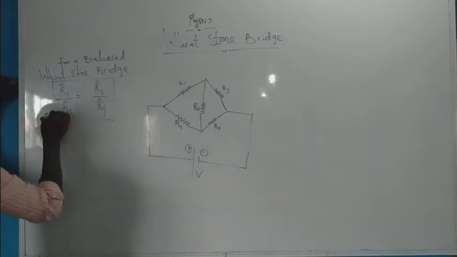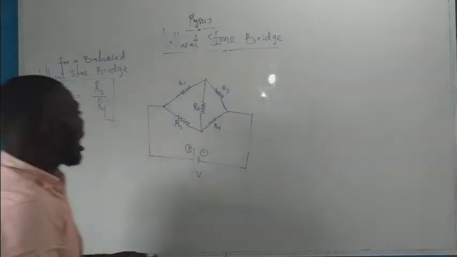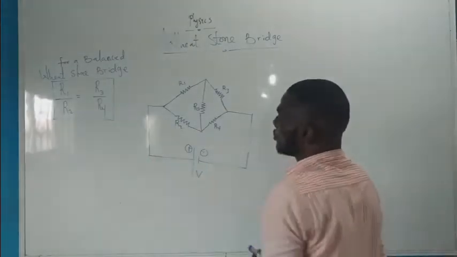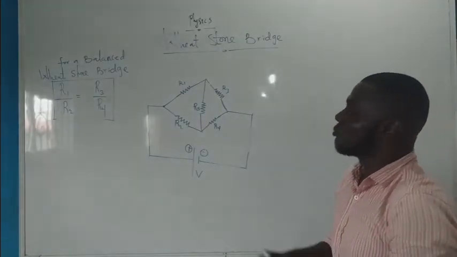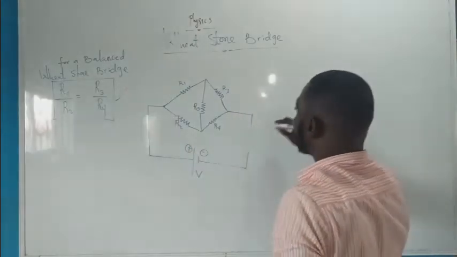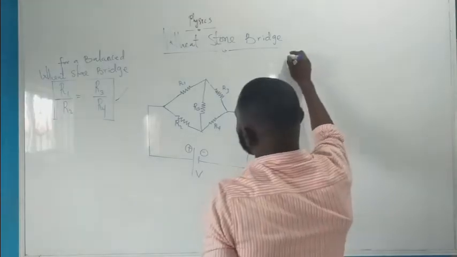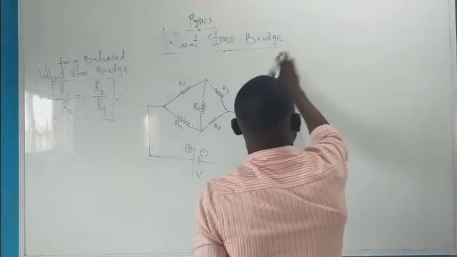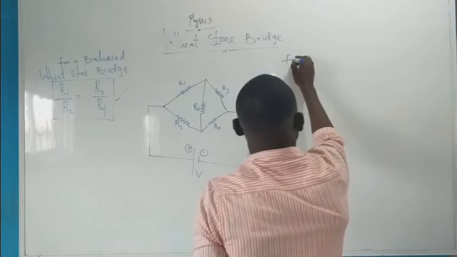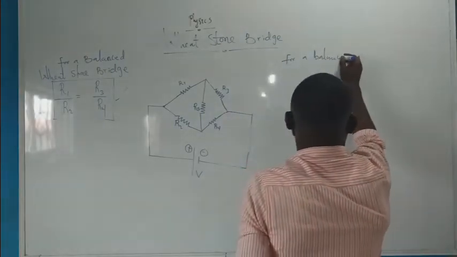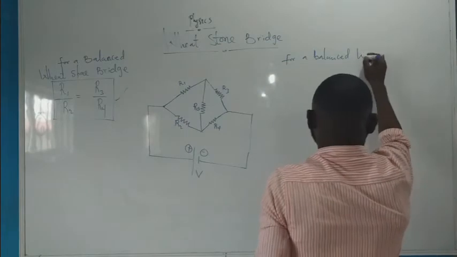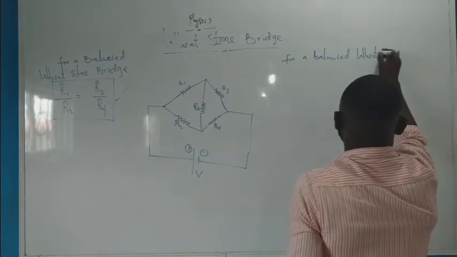For a balanced Wheatstone Bridge, R1 over R2 must be equal to R3 over R4. Meaning that for a balanced Wheatstone Bridge,